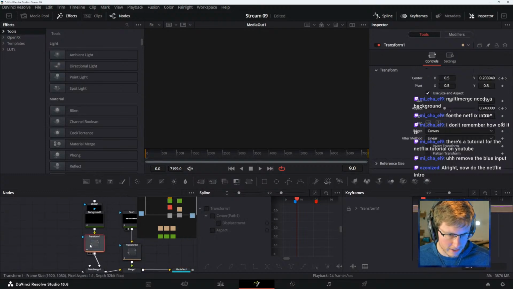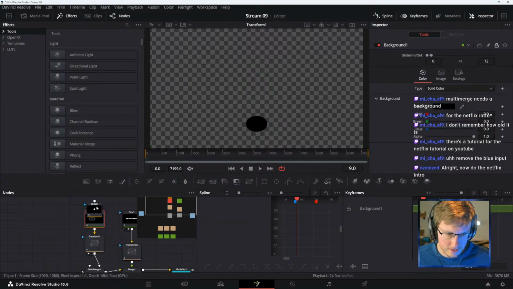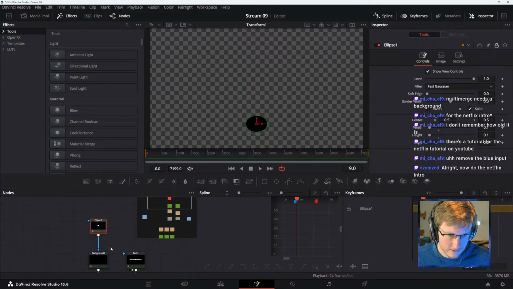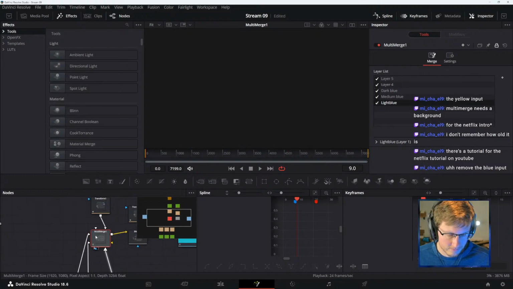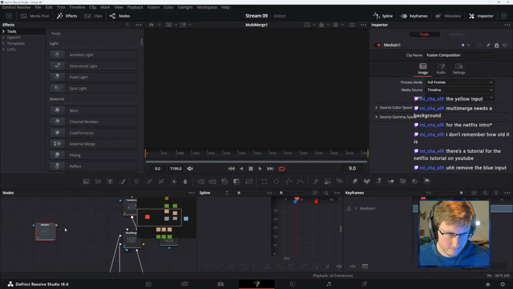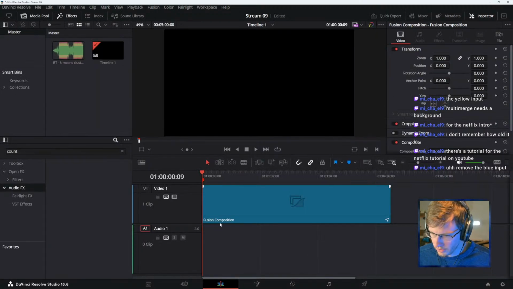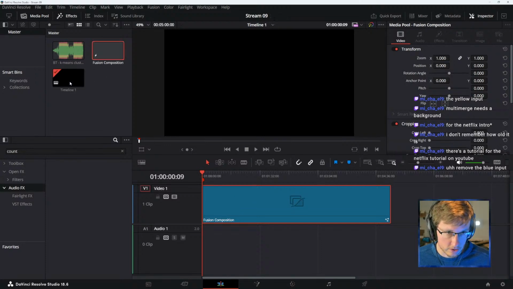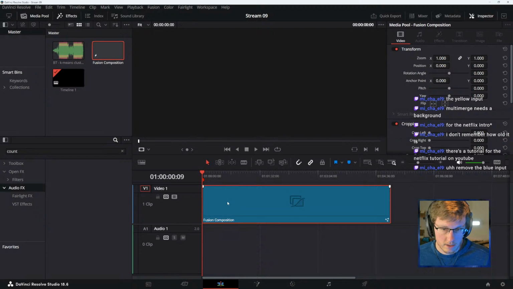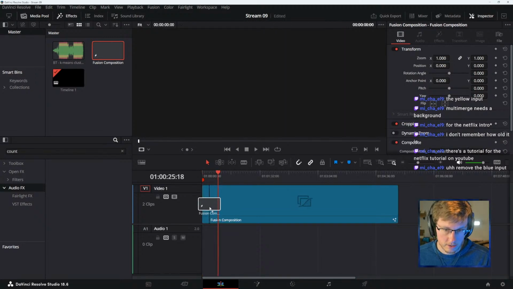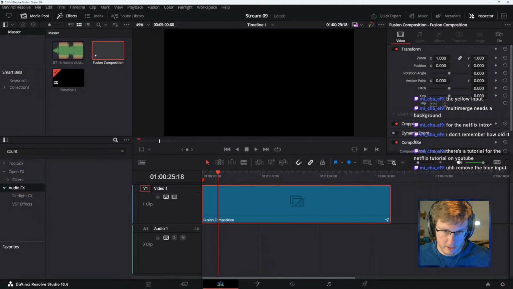Things were looking bright. Oh, I also saw something during the break, which is that when you make the Fusion composition, you're supposed to bring it up here. I think that's why it didn't render. Then you bring it here onto the timeline.